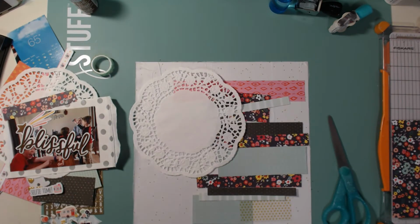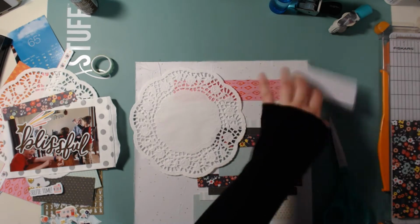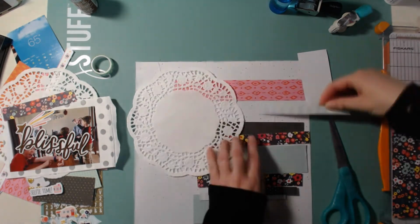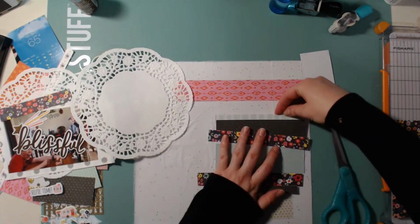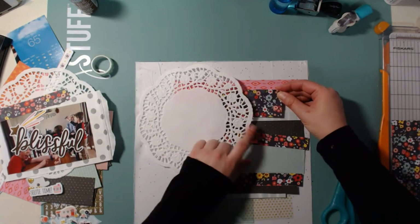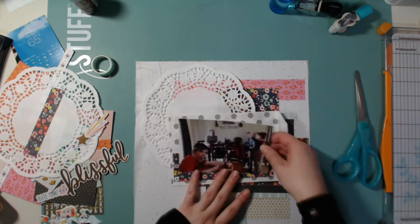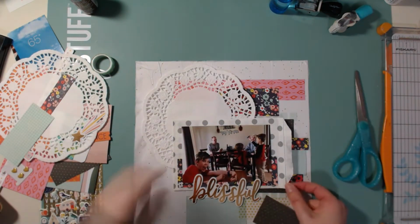I am going to just start gluing these pieces down. They just kept moving around and I kept getting annoyed. So now I'm thinking that I pretty much have them how I want them. So I'm just gonna start gluing them down one by one, and I might cut this out because this is kind of boring and time consuming and I don't really have much to say about it. Okay, now I have all of those pieces glued down and I am going to start just gluing everything else